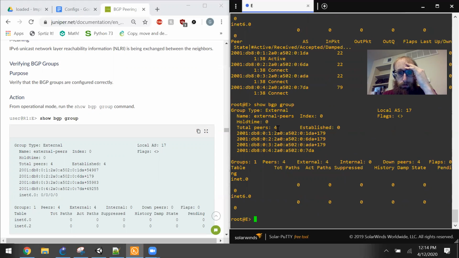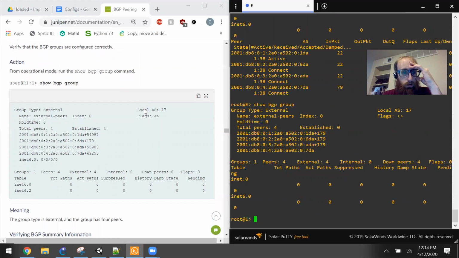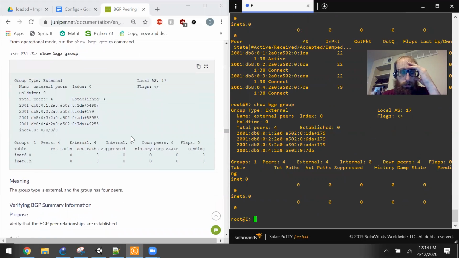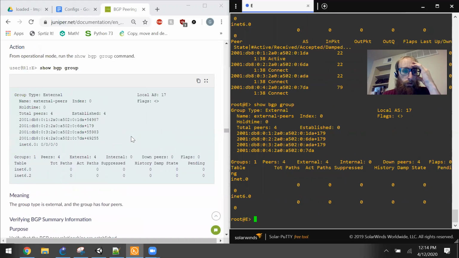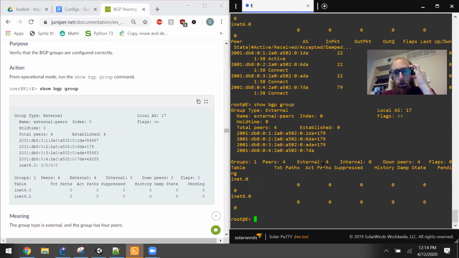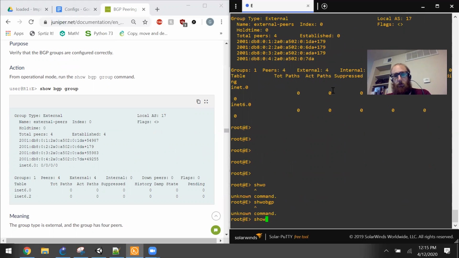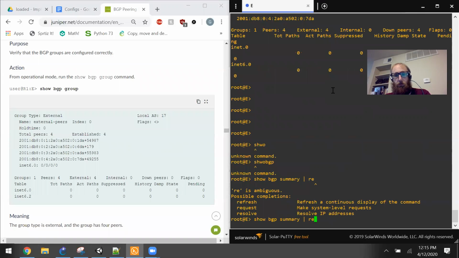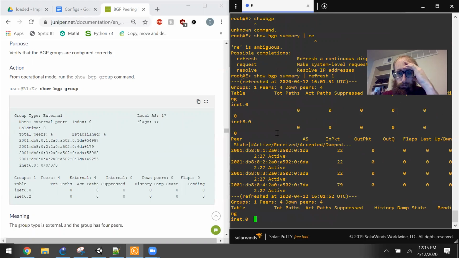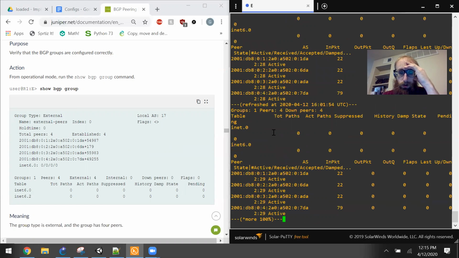We got total peers 4, established 0. So that's another easier way you can see if all of your connections are established or not. Let's see if we can figure out why these aren't being established. So show bgp summary | refresh 1. And let's start by